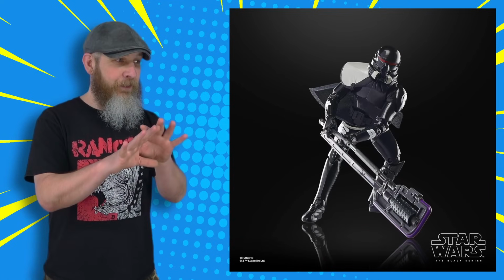I know I'm swerving away from the point here. This 3-pack with Cal and Second Sister and the Trooper. But I can't help it, you know? That seems to be missing at the moment. Maybe they're waiting for an anniversary, something like that. I'm getting Star Wars toys, and I'm happy with a lot that I'm getting. It's just...